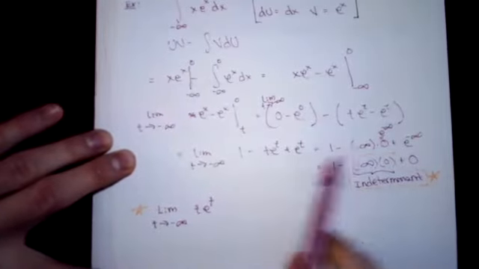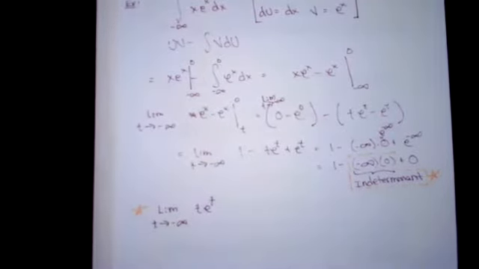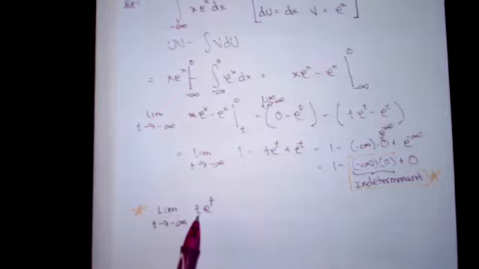This was the component of the limit that we needed to compute. We saw that we got minus infinity times 0. This is an indeterminate form, and from Calc 1,